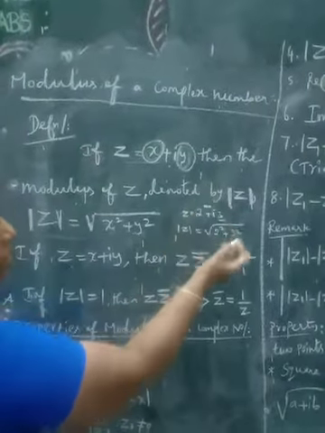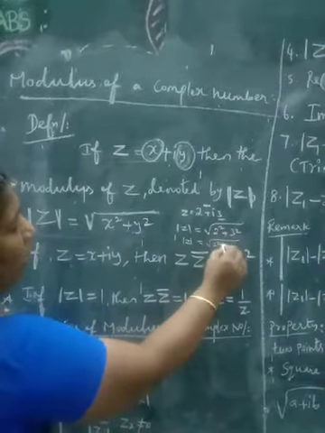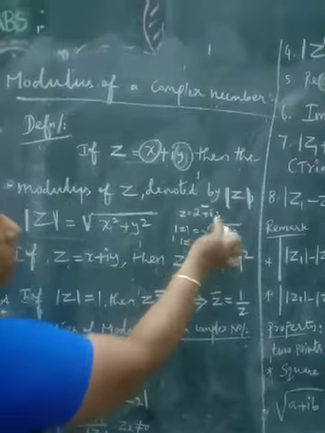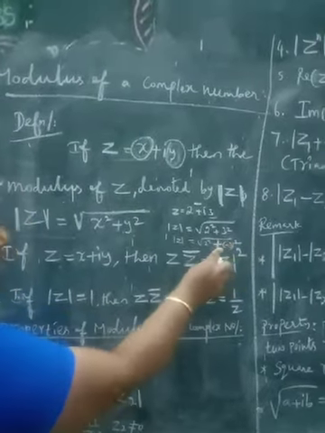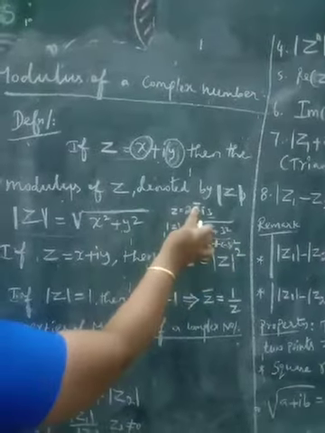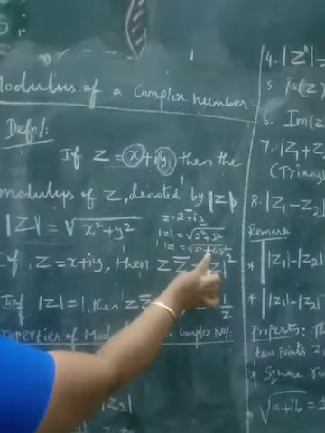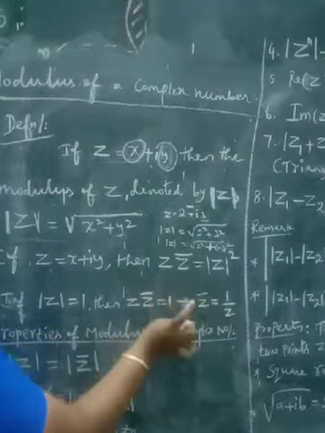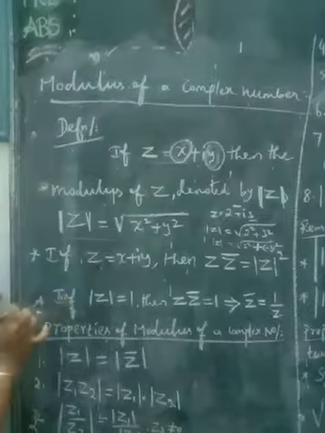Suppose here there is a minus. What will you do? To find the modulus, it is root of real part square plus imaginary part square. Don't put minus here, it is always positive. Suppose here minus 3, then we have to write minus 3 square. Got it? If plus, we straightly write plus 3 square. Suppose 2 minus i3, don't write minus here. This is always positive. We write the imaginary part minus 3, so minus 3 square. This is the formula for the modulus of a complex number.